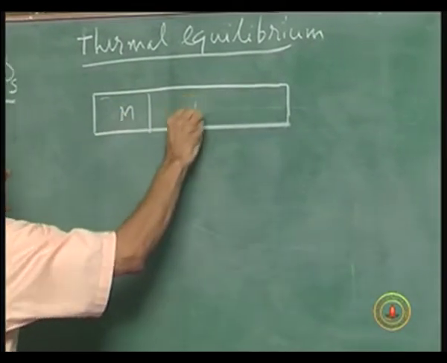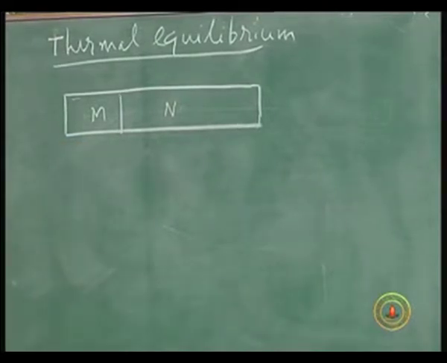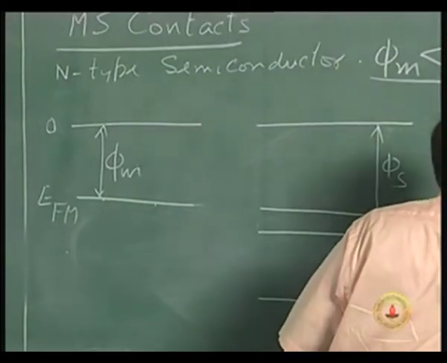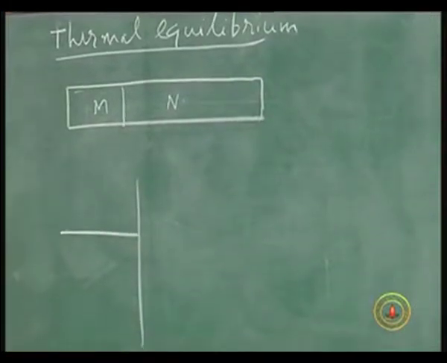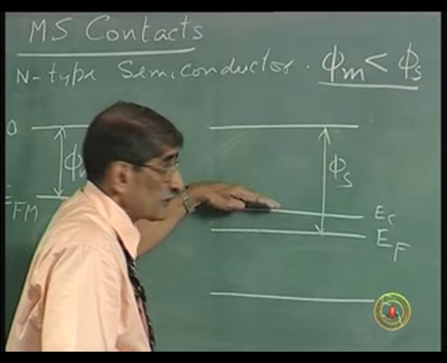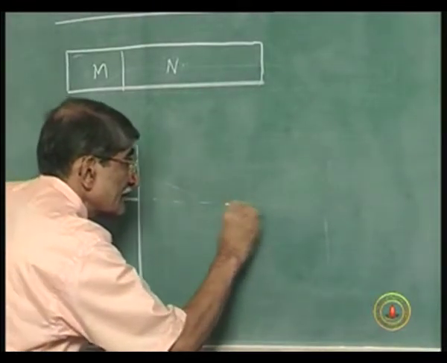Metal and n-type semiconductor. Okay, for this case, phi s is larger than phi m. So, on the left hand side, that is not going to change. I will keep it as it is. And on the right hand side, the Fermi level will actually go up, the energy levels will go up. So, over here it will go up till that is matched there,